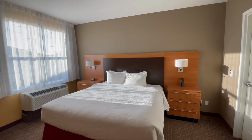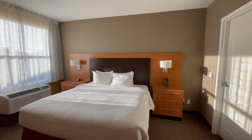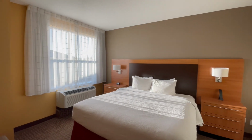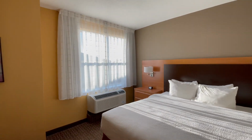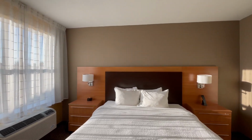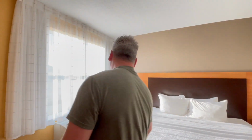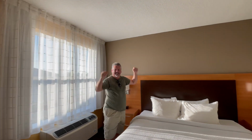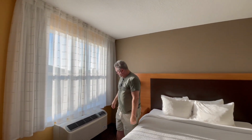There is our king bed, yay. The other thing I really like about this bed is the fact that the air conditioning unit is on the left side of the bed if you're looking at it, which happens to be Scott's side of the bed. So he's actually going to be cool tonight, and I am not going to be freezing because...